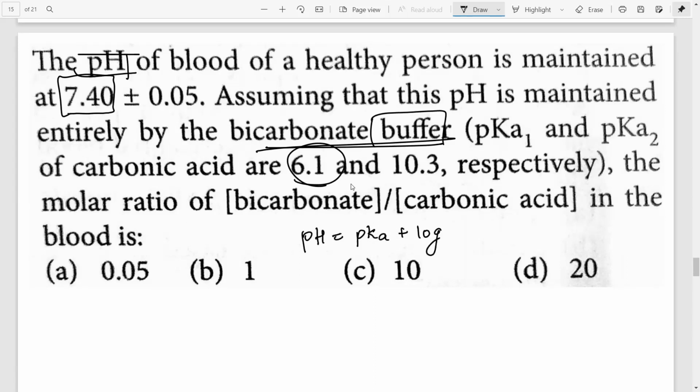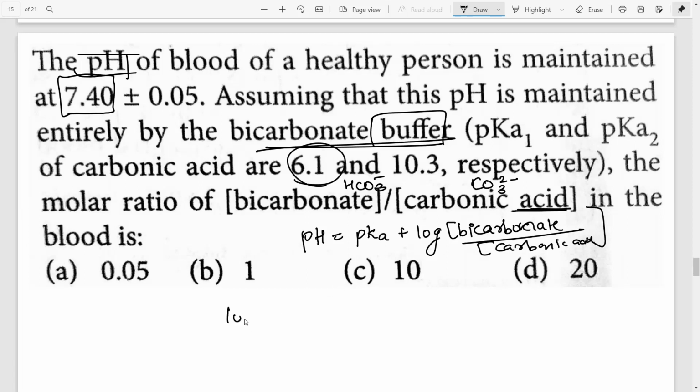So bicarbonate is what actually? Bicarbonate, yes, HCO3 minus. So this is nothing but our salt upon acid funda, right? So therefore, this will be the ratio of bicarbonate to carbonic acid. And here they have given you a hint also, it's carbonic acid. So salt upon acid. So this is your acid half.